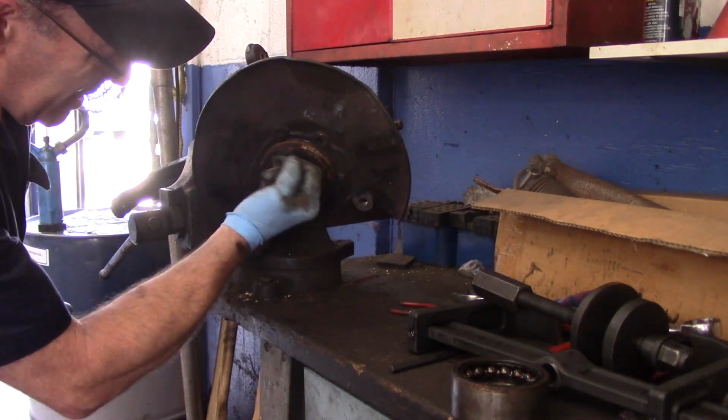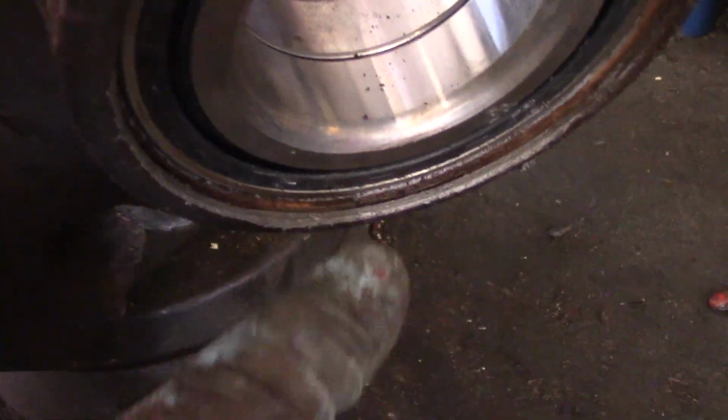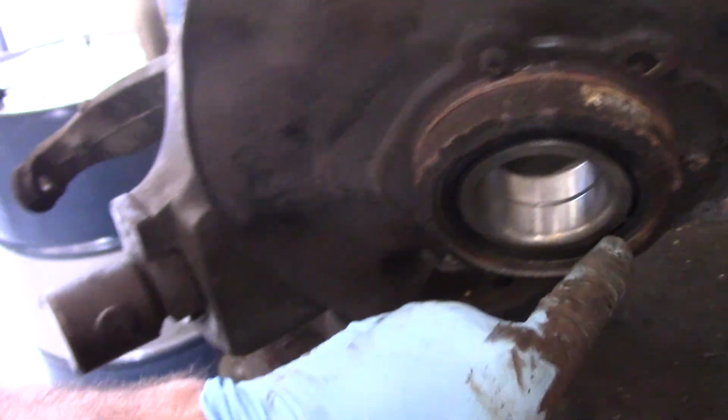Now if you look right in here, you'll see that we now have room for that snap ring to go back in there. You see how far in the bearing is? And it's all the way in as far as it can go in the back over there. You can see the anti-seize came out. That's it. All right, next thing we're going to do now is put that snap ring back in,